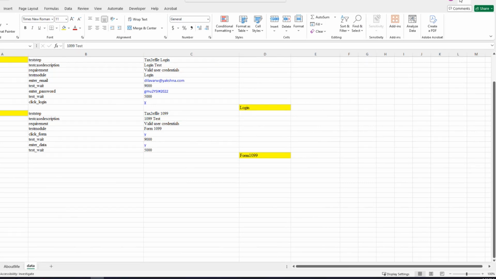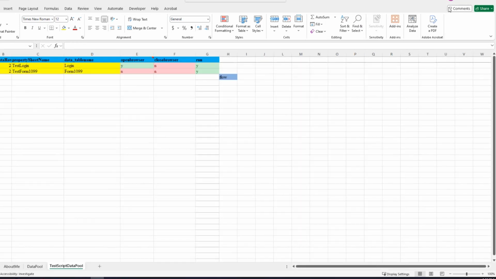So like I said, there's 3 pre-formatted Excel sheets. And these are Excel sheets built for the tax to e-file application, which is an IRS authorized online tax filing service and has used TestWheel for all its testing needs for several years now. So this particular example walks through a simple test case with a basic login test and a quick click through of a tax form. With TestWheel's documents, the first document we have is the authentication sheet, which contains 3 sheets: